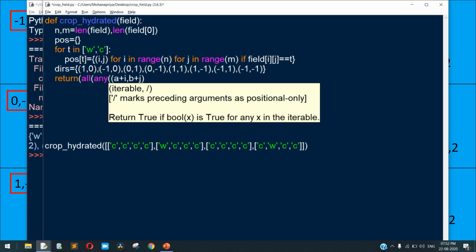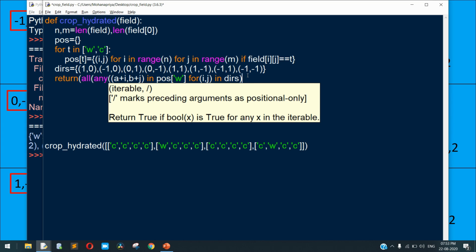And what is the i and j? In the position W. So i comma j in directions. So i and j is nothing but the variables which contain the values 1, 0, -1, 0. So these are the values, and any one of these tiles contains water source means it returns true.